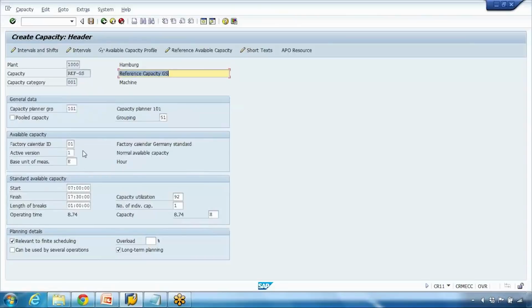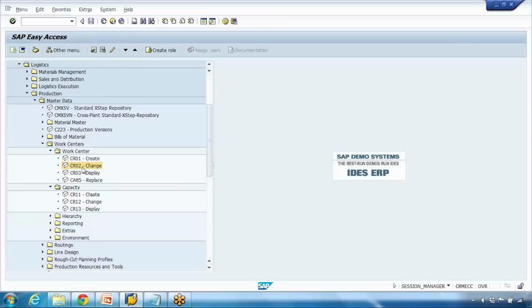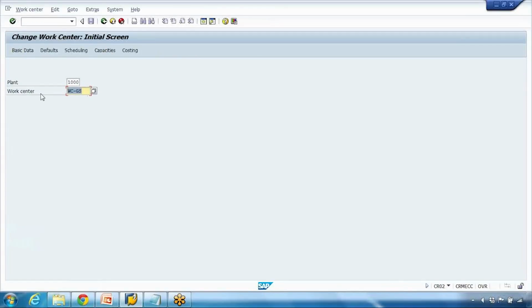And so let's leave it like that. Or probably this is the standard shift we're using in our company all the time, so that I can assign the shift to all the work centers. So if I save it, you can see I have saved it. I can go back to the work center that I created earlier, this work center, press enter,